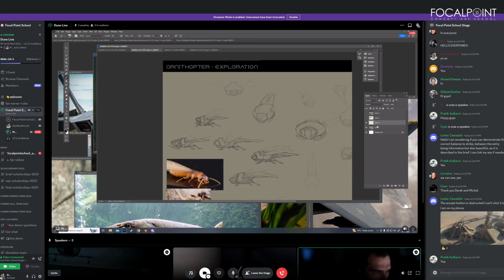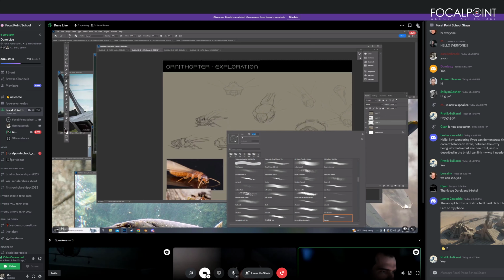This is what my main points would be. This one looks very short and squeezed. It looks very cute. It doesn't look like it could harm anyone. And I'm not saying that your vehicle should be harmful. But I think that the ornithopter, being the main workhorse of transporting and reconnaissance,